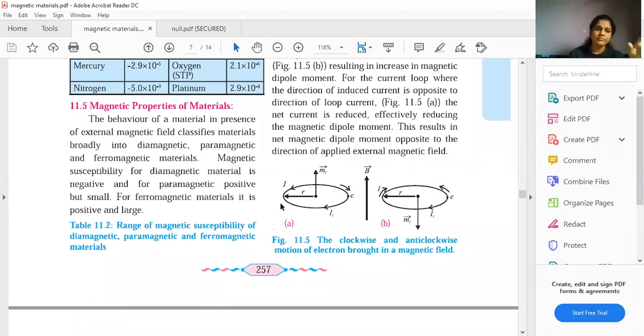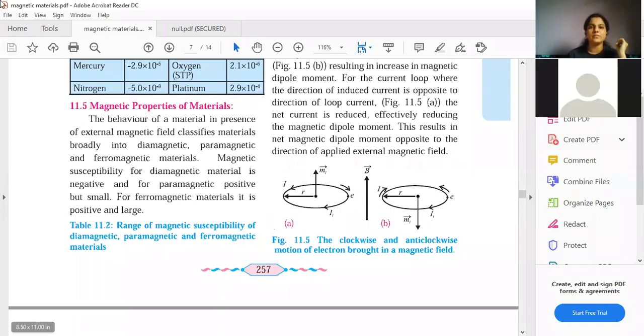All right, fine. Now students, before I begin, there is one point that you all are supposed to remember. I have discussed this point many times before in this lecture: any material is said to be a magnetic material if that material possesses a magnetic dipole moment. So how can you determine whether a material is a magnetic material or not? The material will possess a magnetic dipole moment. If it does, we can say that the material is a magnetic material.